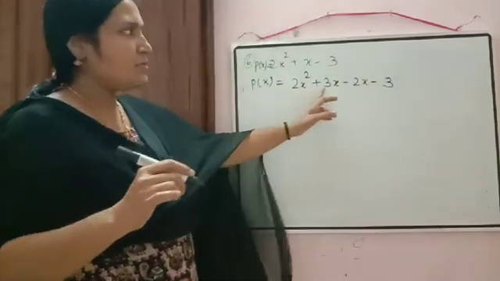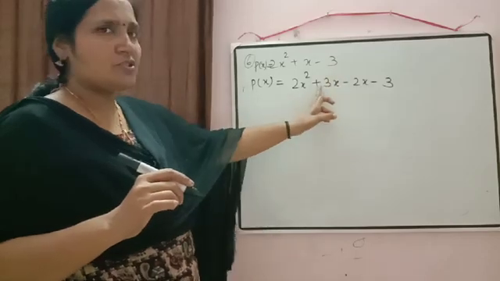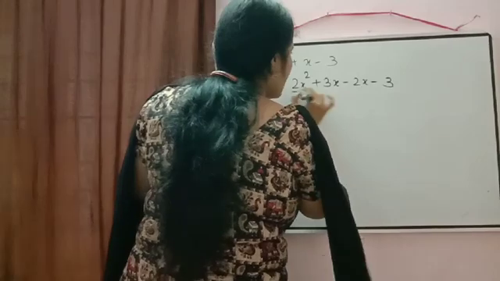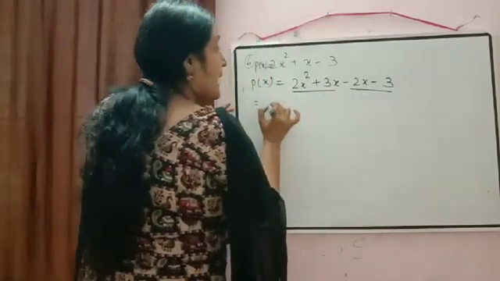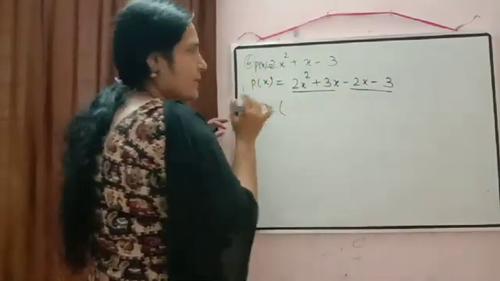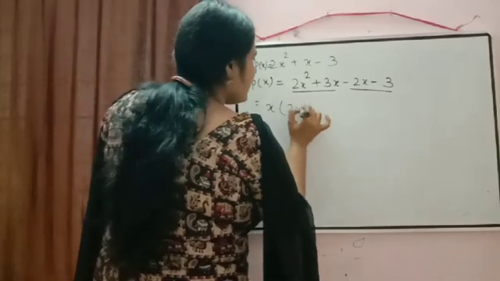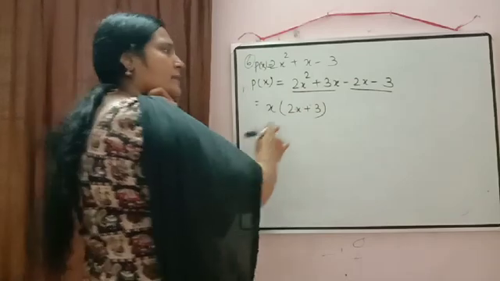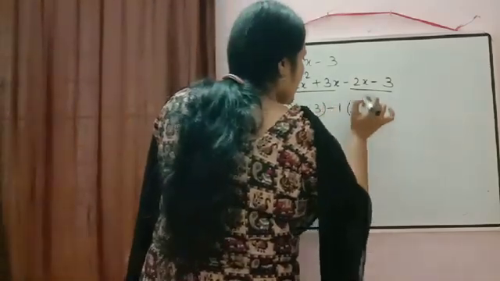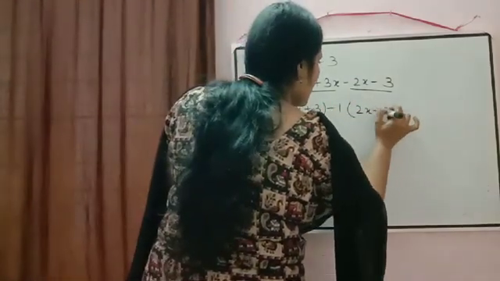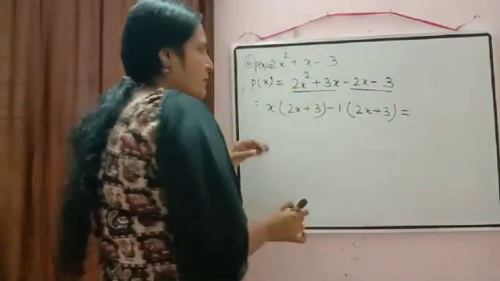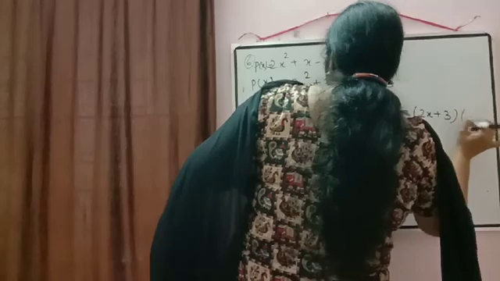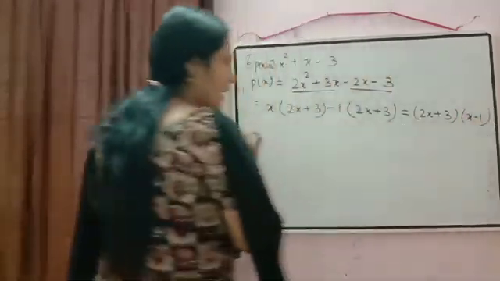Now here it depends on you. If you want you can take minus 2x first. Okay. That is your choice only. Common factor in first two terms: x only common taken outside. Inside the bracket what will remain? 2x plus 3. Now here both are negative, so minus 1 we can take common. Inside the bracket remaining it will be equal to 2x plus 3. So again we are getting here the product as 2x plus 3 into x minus 1.